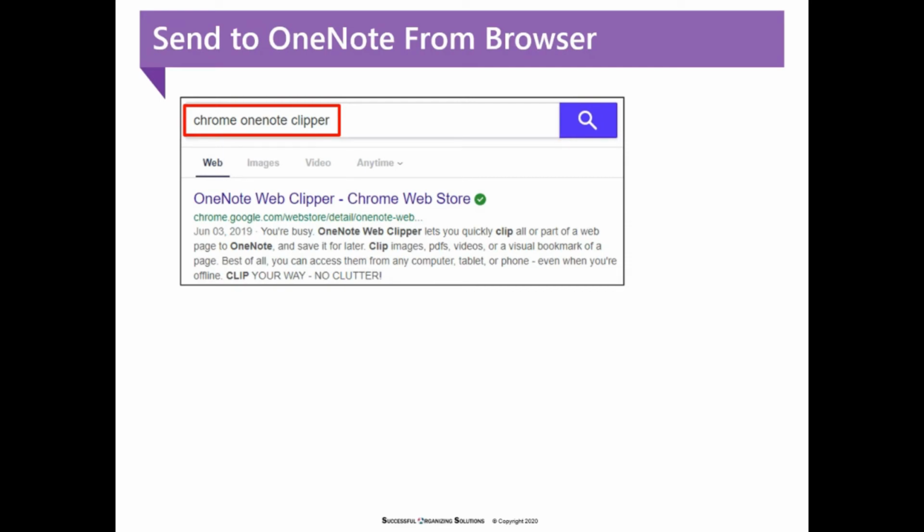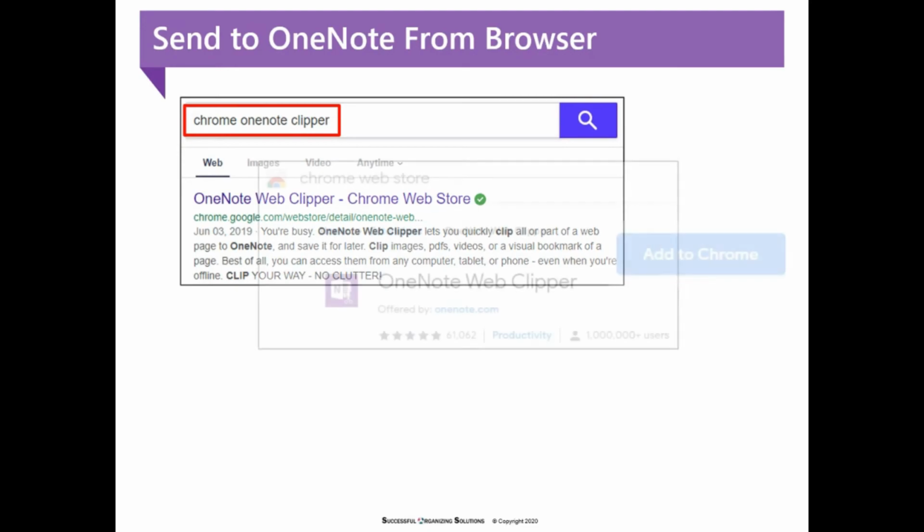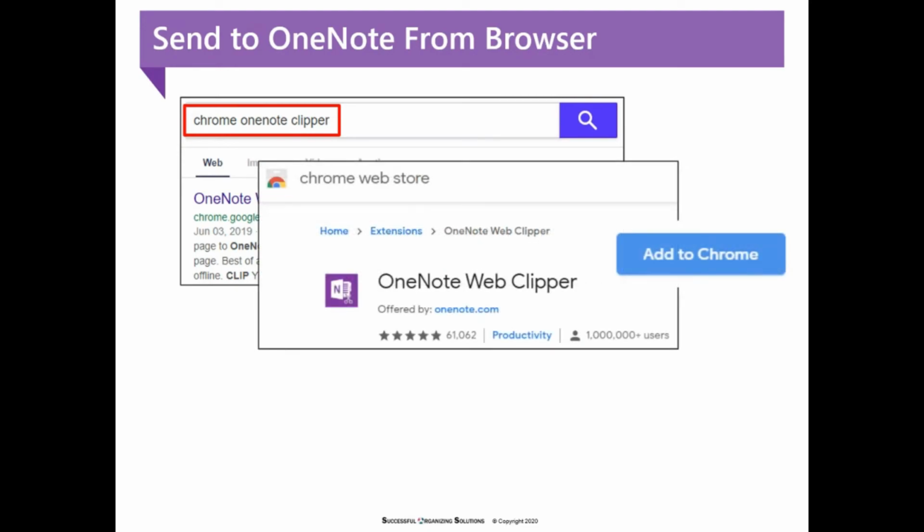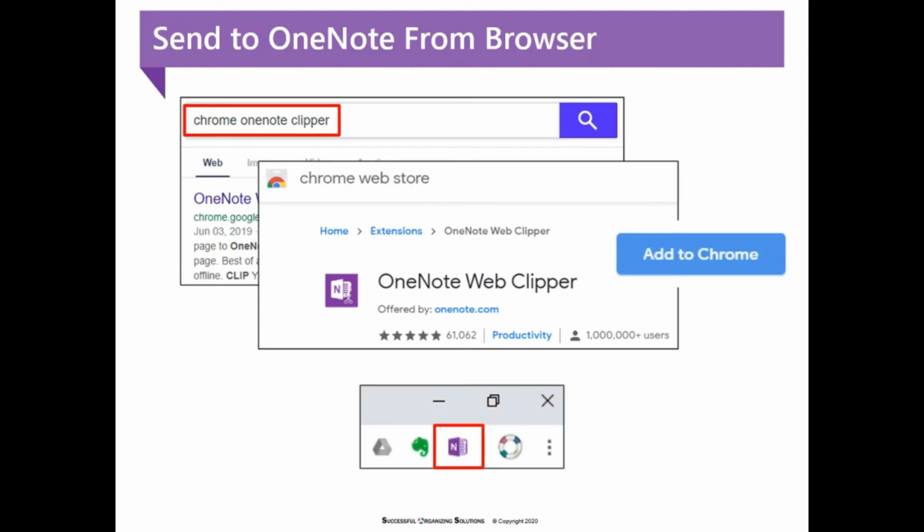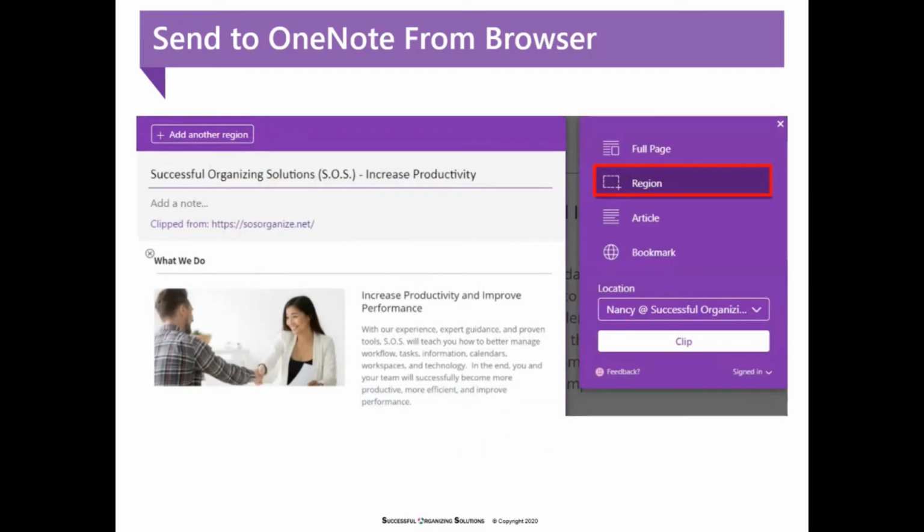It popped up and said, hey, here it is in the store. I clicked on that, and it took me right to the store. It says, hey, do you want to go ahead and add this? And I said, yep, and clicked Add to Chrome. It just adds a OneNote icon right in line with my address bar in my browser. So whenever I'm using Chrome and I find something of interest, I click on that OneNote icon in my browser,